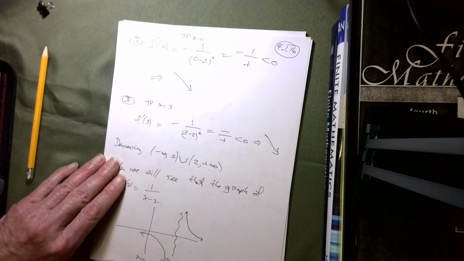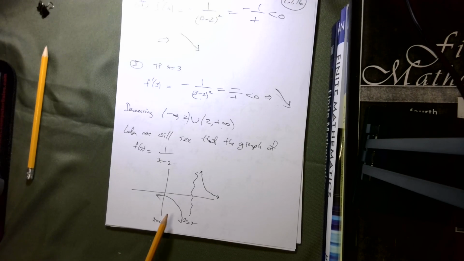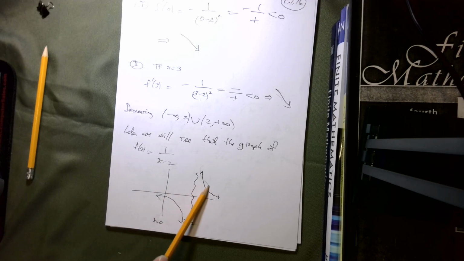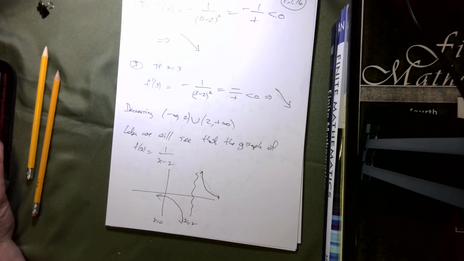Later on, we're going to find out that the graph of this guy actually looks like this. It's going to 0, and it's going to 0. We'll talk about how we get that